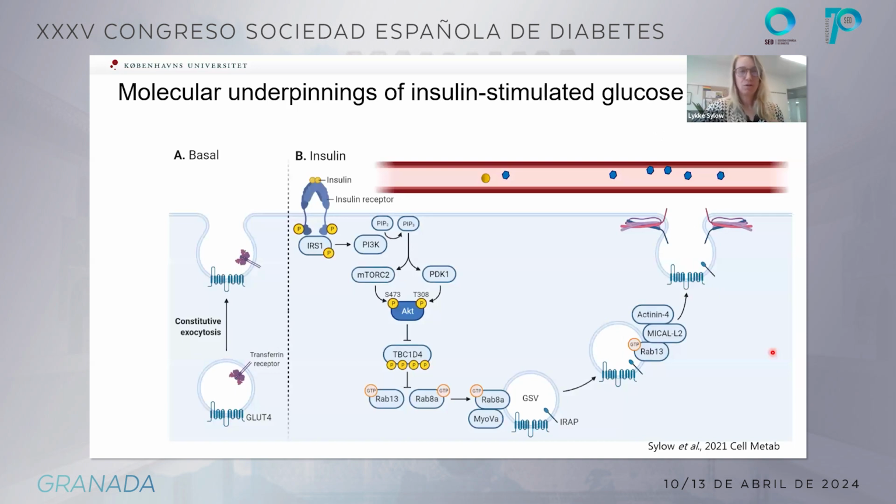This is a simple overview of insulin signaling to GLUT4 translocation. When we eat a meal, glucose increases in the blood, and then there's also an increase in insulin. This results in a tightly regulated and complex intracellular signaling cascade that in the end results in the translocation of the GLUT4 vesicles to the plasma membrane. This process is required because water-soluble glucose cannot readily enter the bilayer of the muscle membrane. It's only when the GLUT4 vesicles sit in the membrane that glucose can enter the cell.